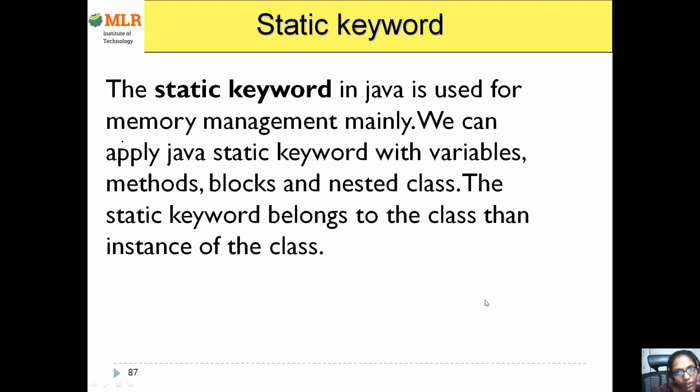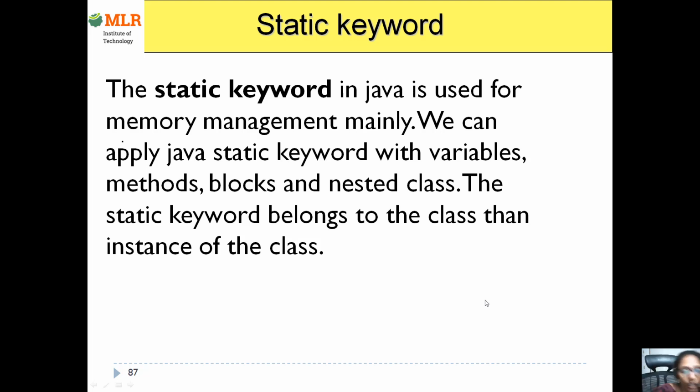Generally, whenever we use the static keyword with a data member, it will save memory. And not only that, whenever you declare a method as static, as we discussed in the previous video, the memory will be allocated within the class space but not within the object. That means in every object you're not going to create that space. Only these methods or data will be stored within the class space.